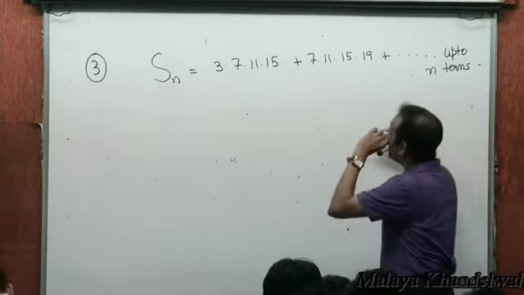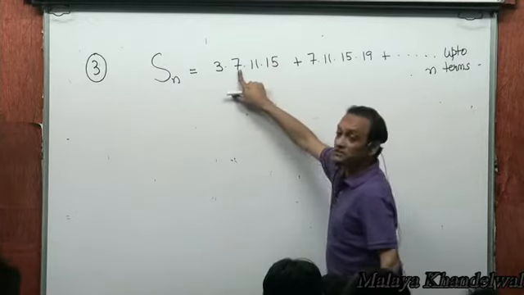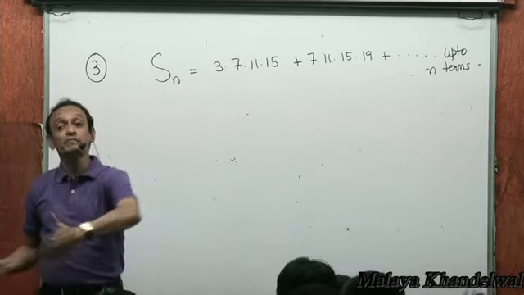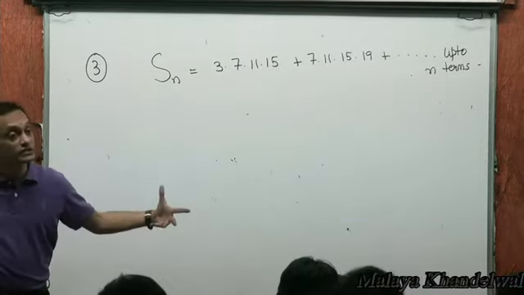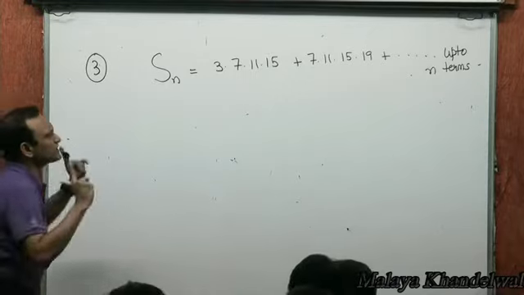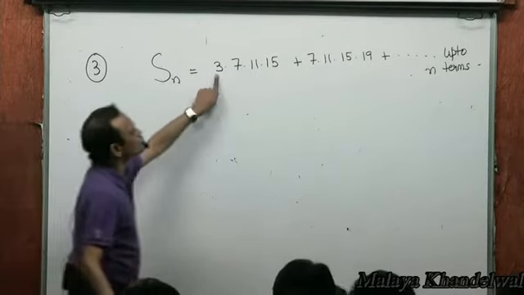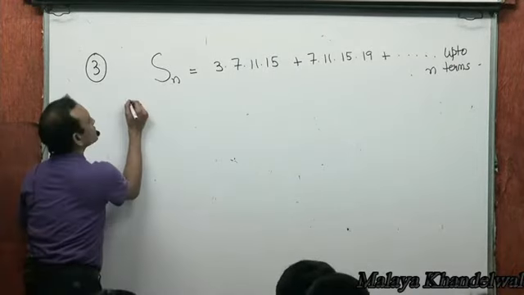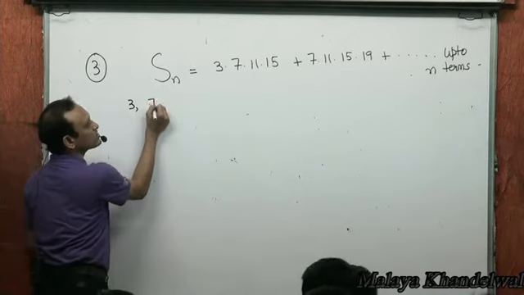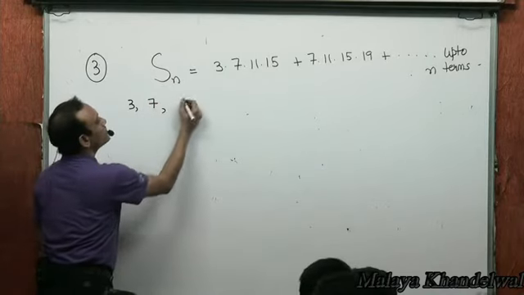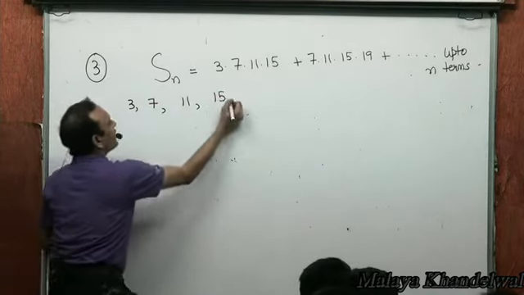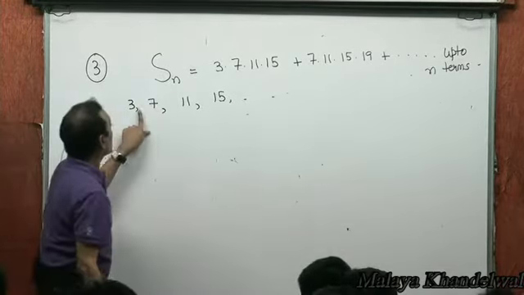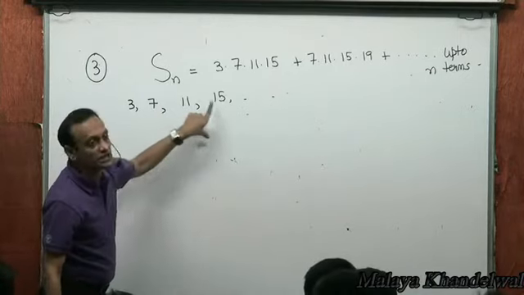See, like I said, these numbers are in arithmetic progression. So we would end up deploying the same method of differences, creating an artificial telescopic series. So the first job on hand is to generalize the rth term, find the general term. Now the first term starts with 3, the second term starts with 7, the third term will start with 11, and then 15, and so on. The starting numbers 3, 7 form an arithmetic progression with common difference 4.